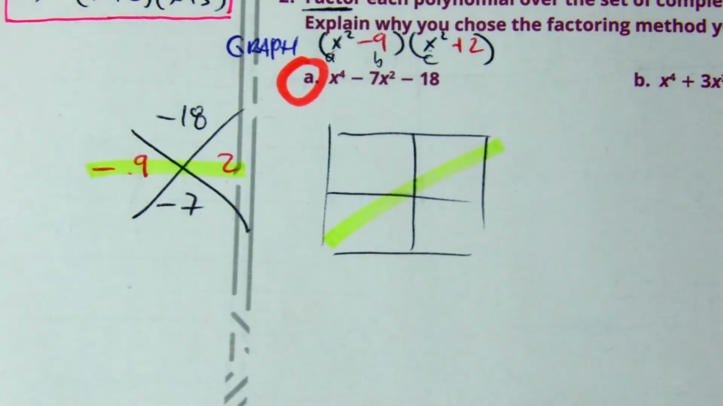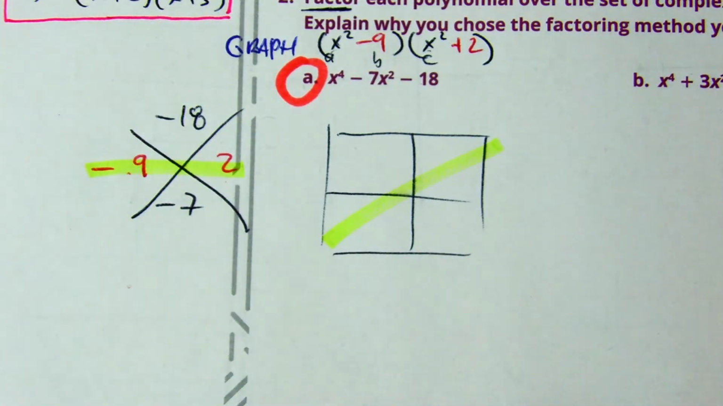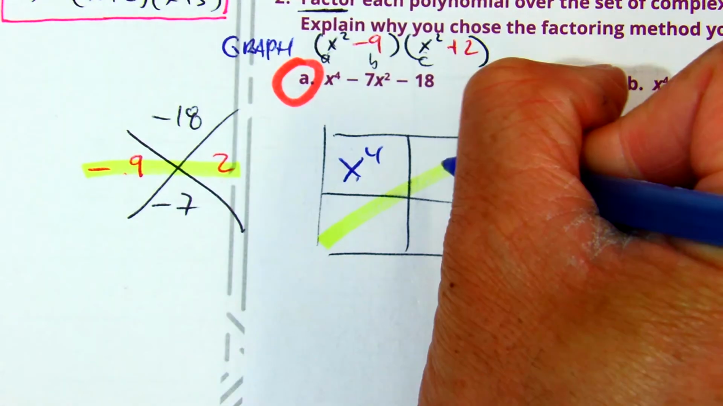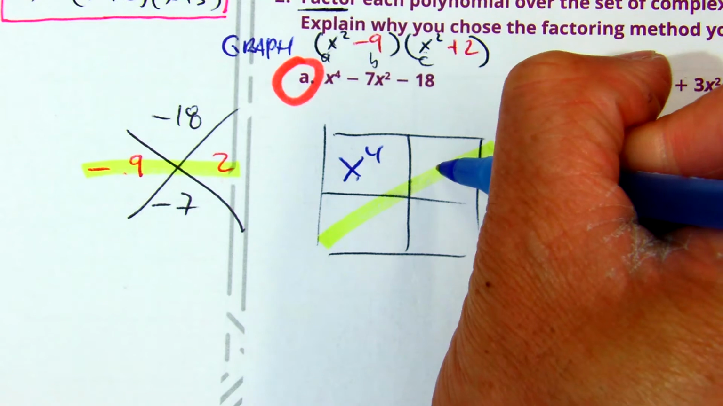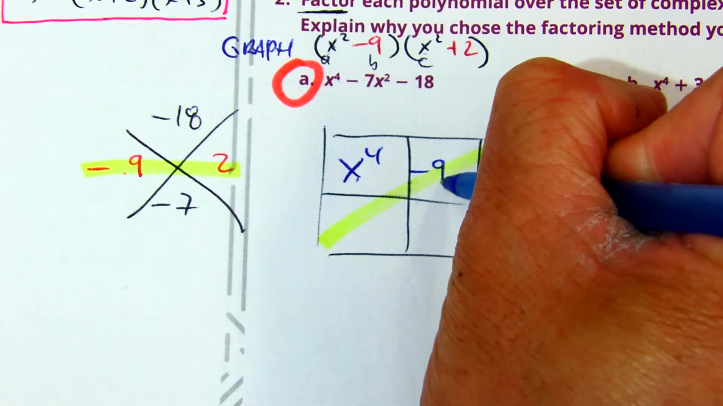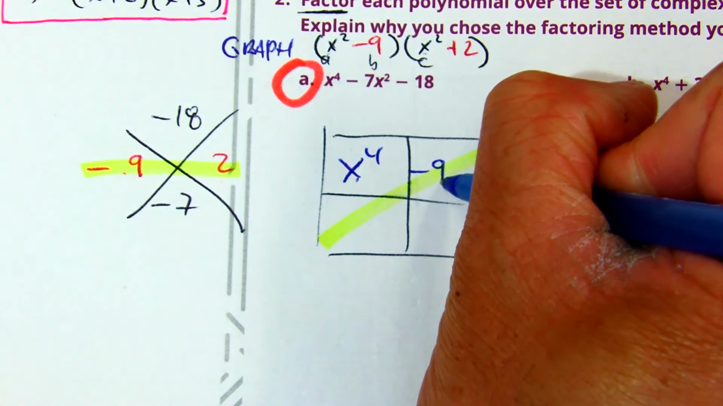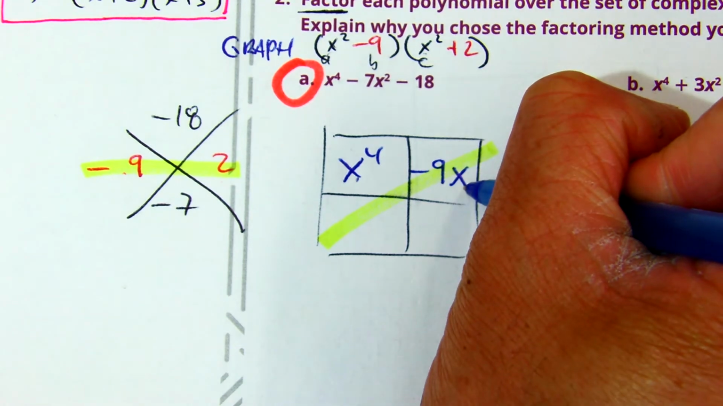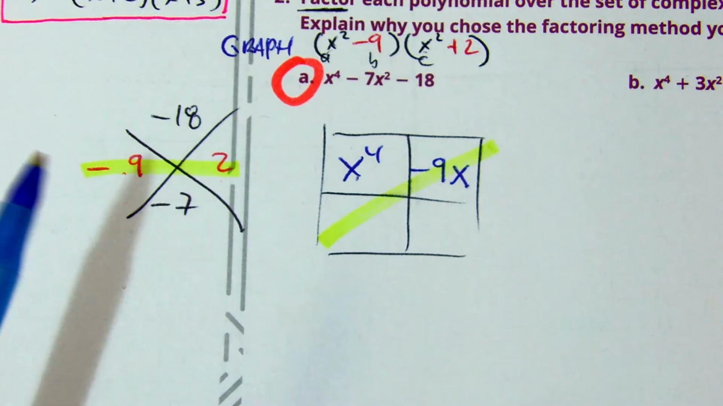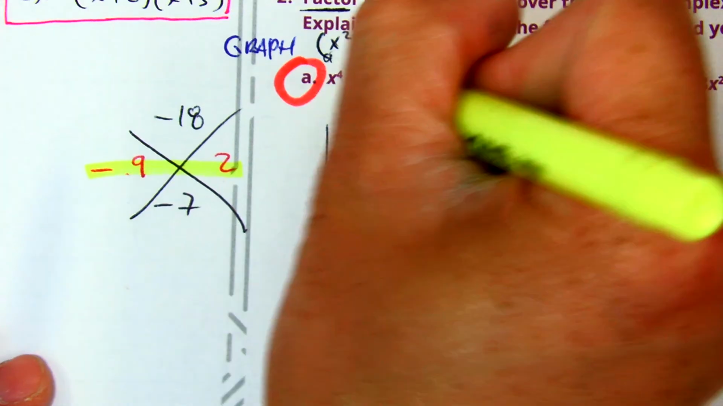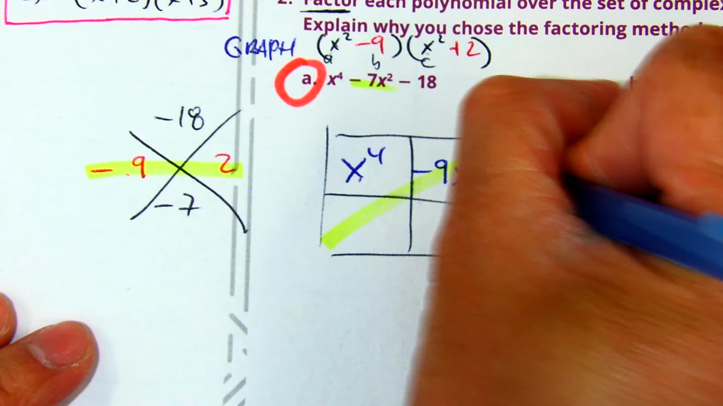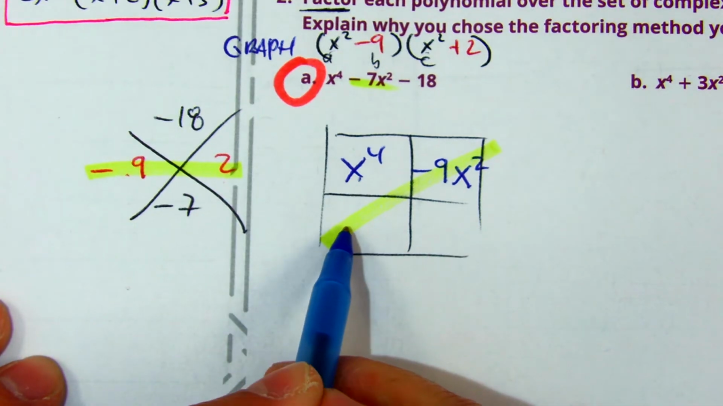Tony, what goes in the top left of the box? X to the what? Yep. Here? Yeah. Remember, this yellow part's splitting the middle term. Keep going, Tony. 2x